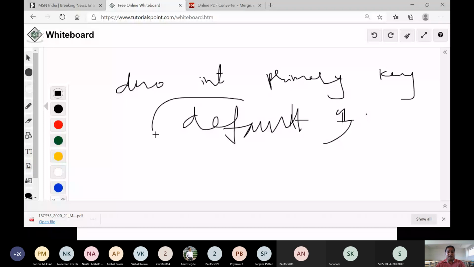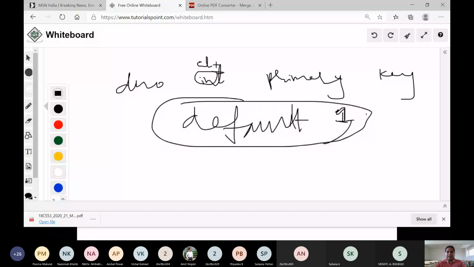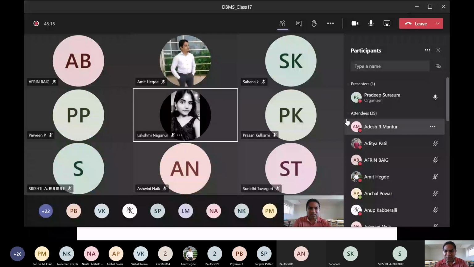I did not show how to set a default value. This is how we can set it. After the primary key, give a space, write default followed by the value. This 1 is an integer type, so you write it outside quotes. If it is char or varchar, please write it in quotes. Okay? Any doubts?